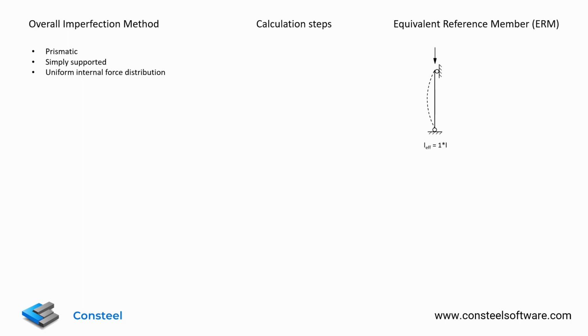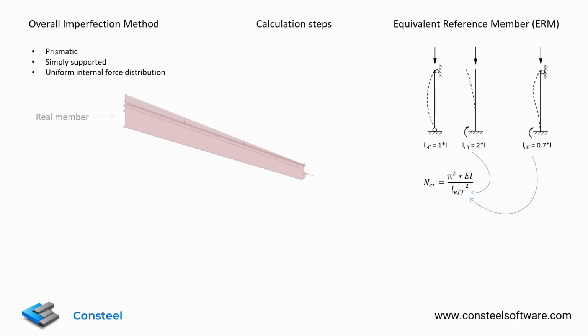The same way the effective length helps us to apply the well-known calculation formulas of the fundamental case of the flexural buckling to a wider range of possible support conditions, the equivalent reference member helps us to do the same in a more general sense. Let's say we want to examine this member with varying cross-section and load effect. First, we need to determine an equivalent point along the length where we want the buckling deformation to be the same on the real and on the equivalent reference member.